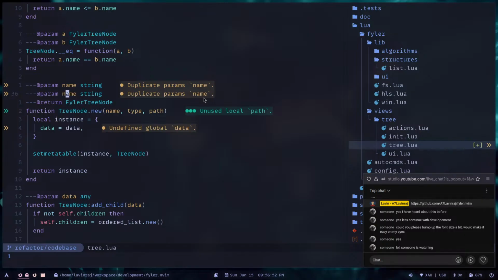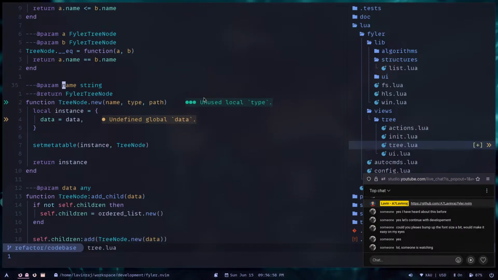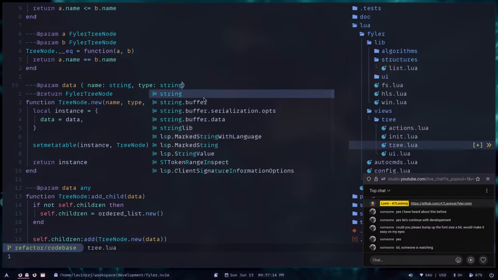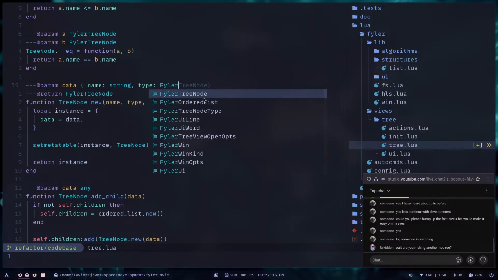So anyways, let's move forward. All right, so we can define data with the following properties, like name, which is a string, type, which is filer type,